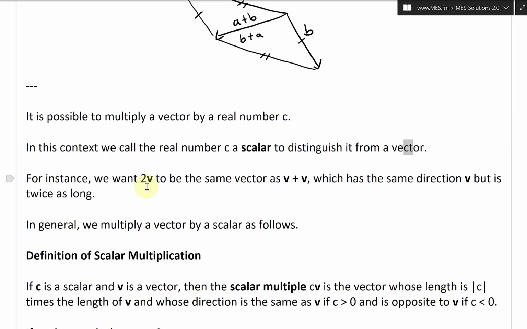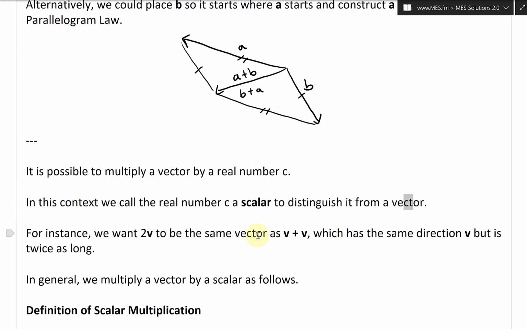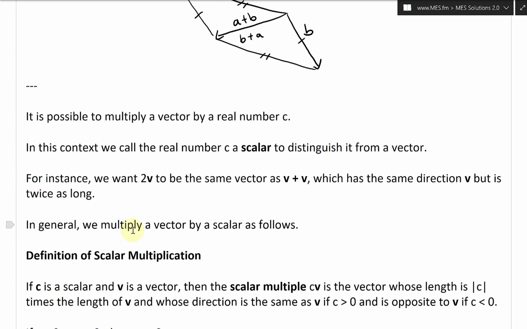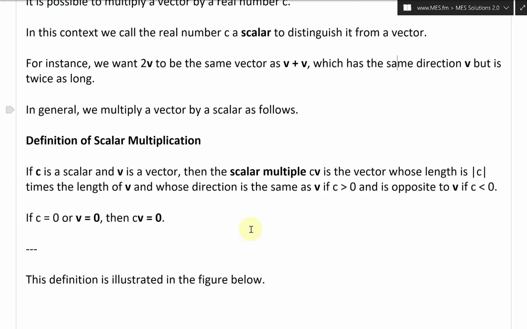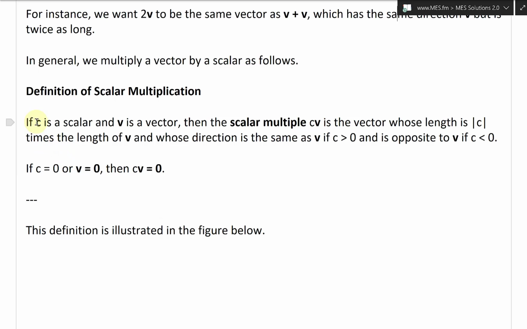So for instance, we want 2v to be the same vector as v plus v, which has the same direction as v but is twice as long. So in general, we multiply a vector by a scalar as follows. The definition of scalar multiplication: if c is a scalar and v is a vector, then the scalar multiple cv is the vector